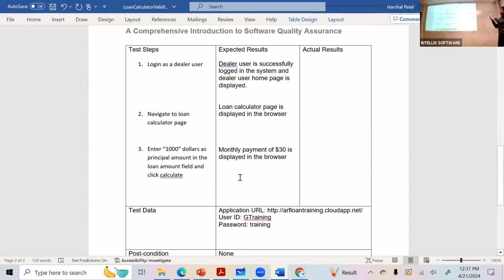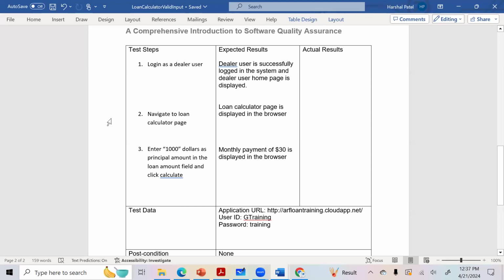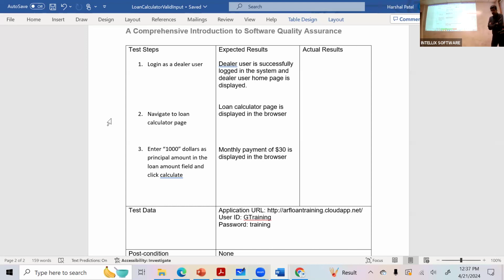So you understand how to write the test cases? Any questions? Swati, do you understand how this thing works? Yes, yes. Okay. So expected result basically we are getting from the requirement document. Right. You should say what you should expect when you do this thing. Okay? All right, so let me just save it.